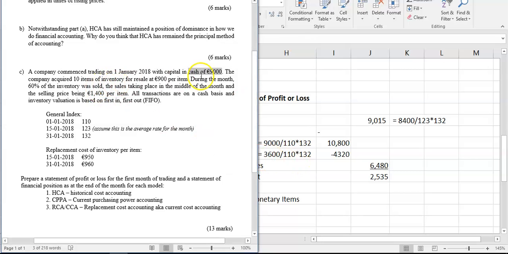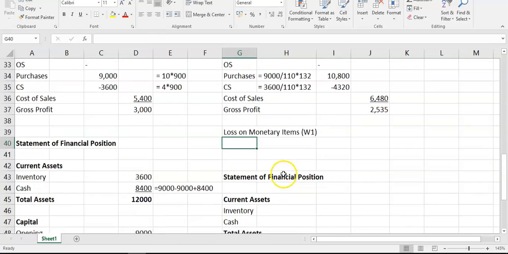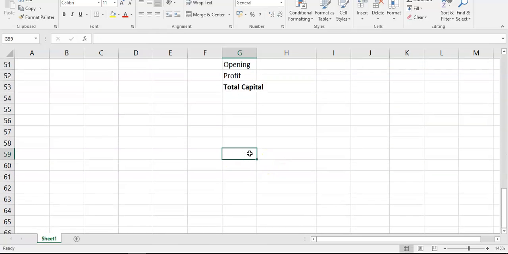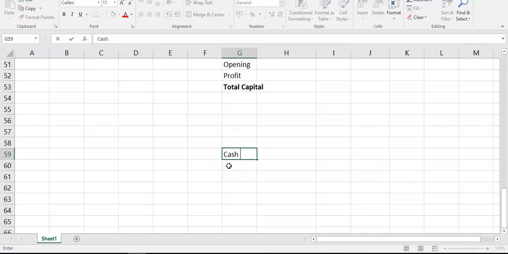You made sales of cash of 8.4 during the period. So to calculate this, we're going to go to working one. What we're looking at here is we had cash of 9,000 on the first day and we spent it straight away. So that doesn't have any implication really, because the minute you got it in, you spent it on inventory. What does have an implication is you have cash of 8,400 from the sales that came in